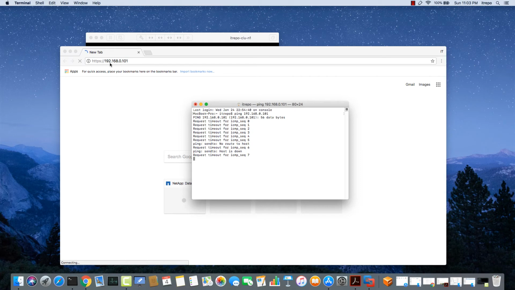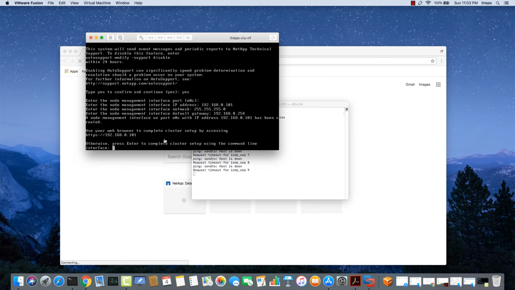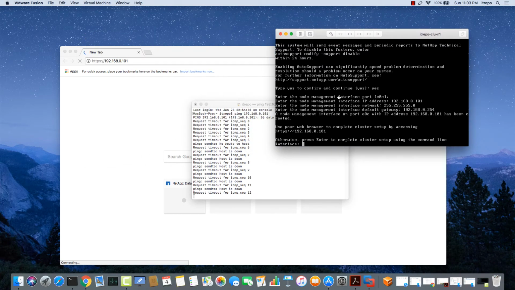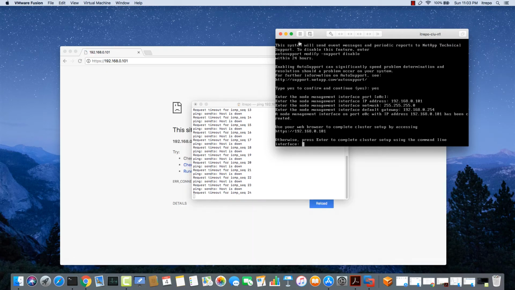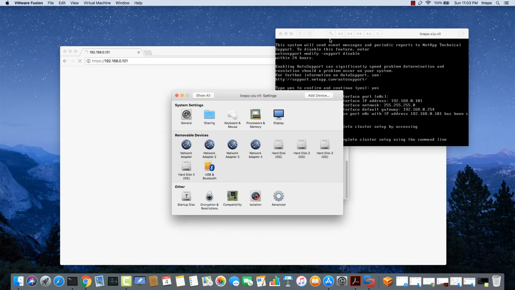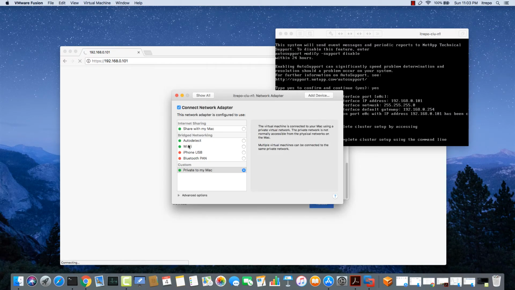That's the reason that I don't have access from my laptop to this IP address: the network configuration of this virtual machine is not bridged, and I can't transfer the traffic between my laptop in the physical world and this virtual machine. In order to do this, I'm going to click on this wrench icon up here, go to the network adapter, and you'll see that the adapter configuration is private to my Mac. I'm going to change this one to Wi-Fi, which is my Wi-Fi address,